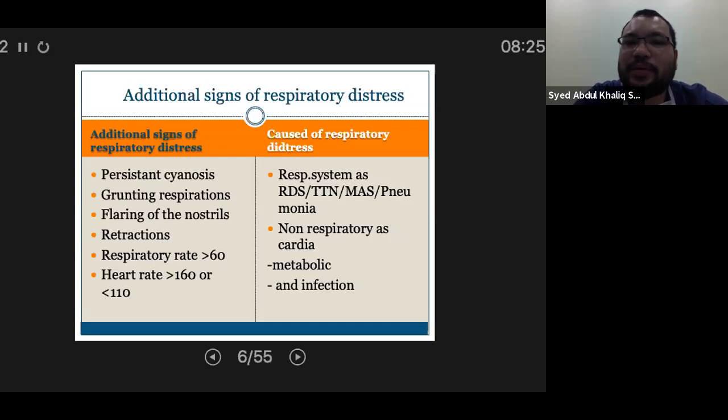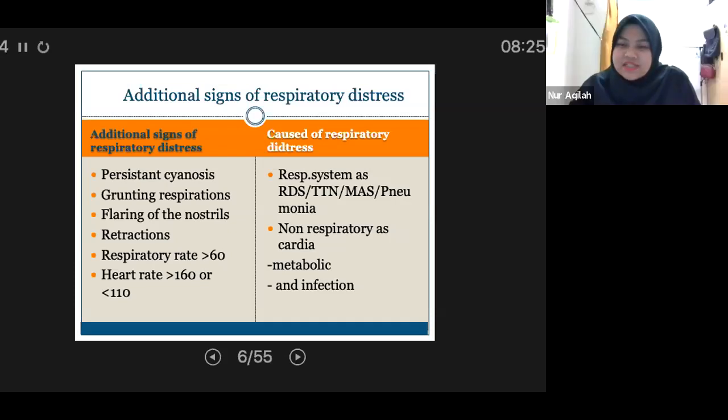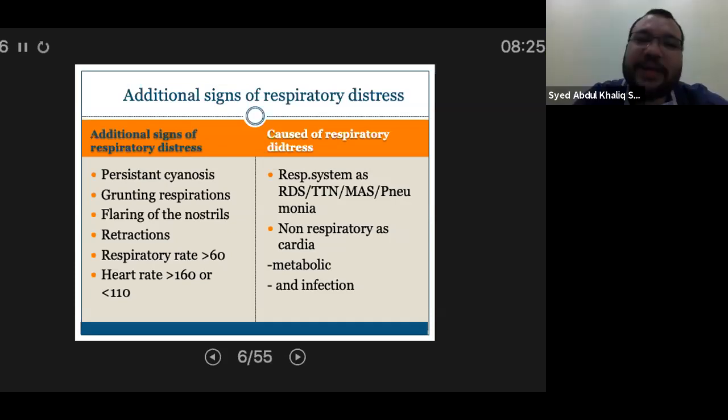How does meconium cause RDS? Meconium aspiration denatures the surfactant. It inactivates the surfactant, so RDS is basically a surfactant problem, whether surfactant inactivation or surfactant deficiency. Basically, it's sort of like hyaline membrane disease.